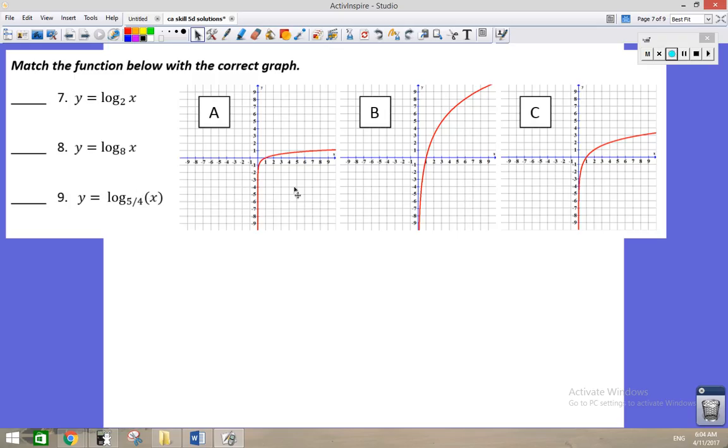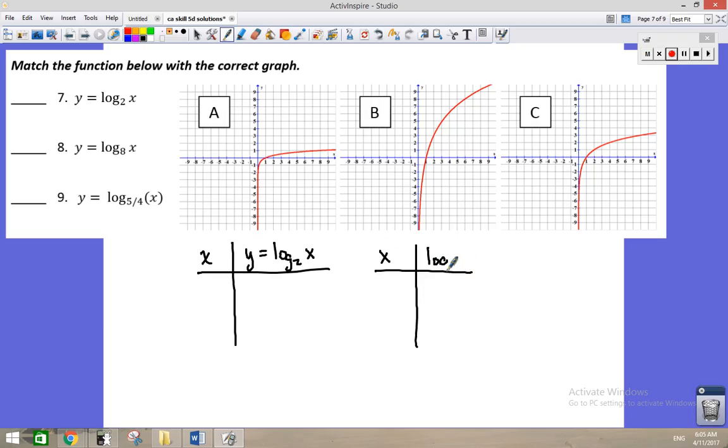So let's create a table real quick for each equation. Log base 2 of x, log base 8 of x, that's y equals